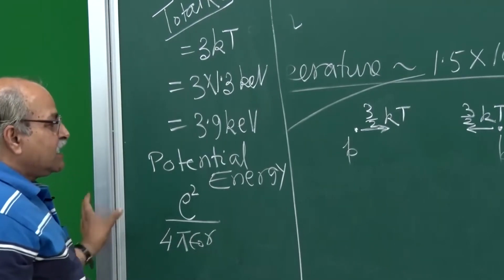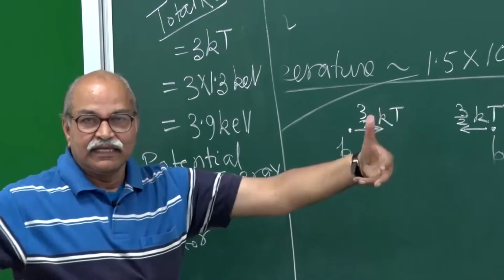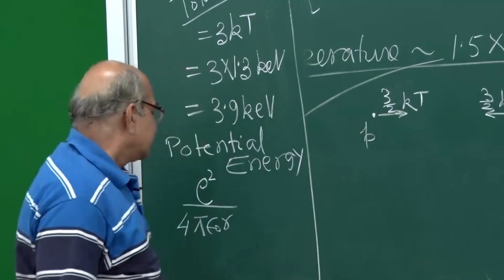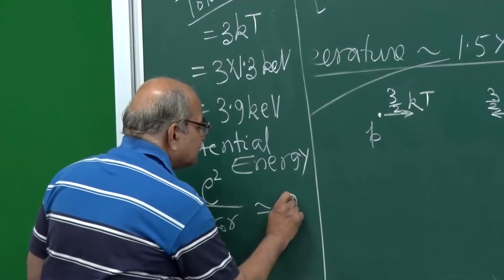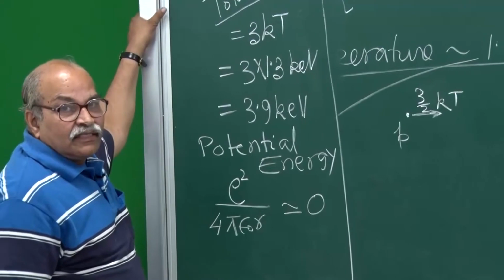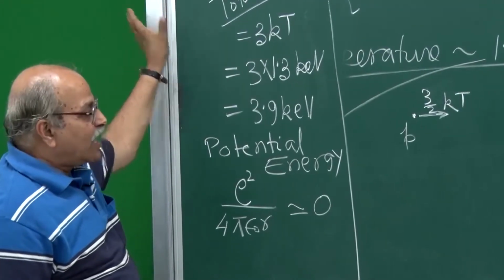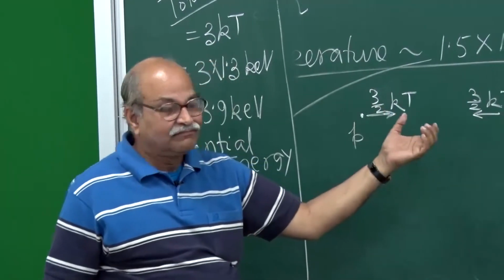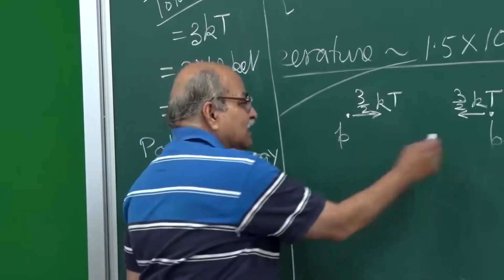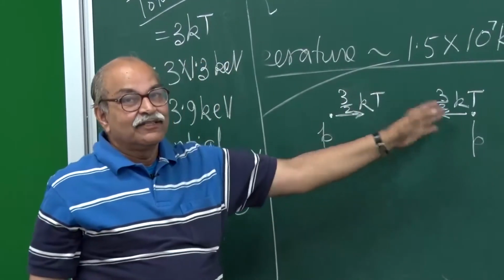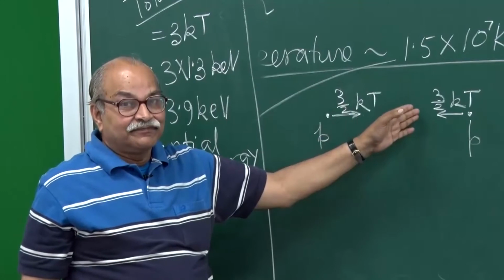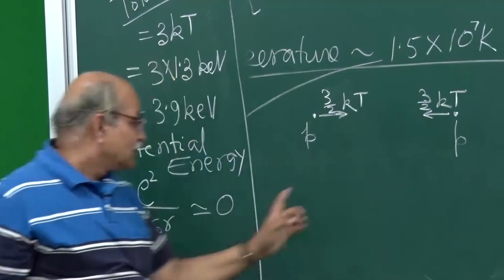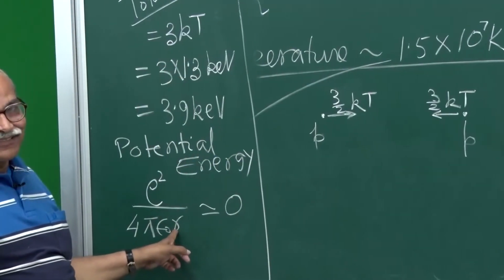This is the potential energy, and to start with, when they are approaching each other but are still at a somewhat large distance, you can take this as almost 0. Now as they come closer, their speed will decrease because they are repelling each other. Remember, this is a proton, this is a proton, so they are repelling each other. The speed will decrease. They are coming closer. R is becoming smaller and smaller. So the potential energy is increasing.